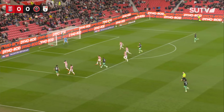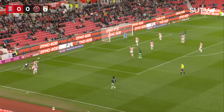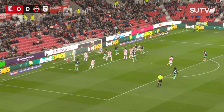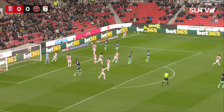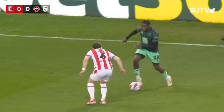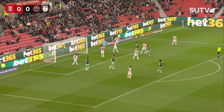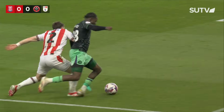Here is O'Hare as Sheffield United press forward to our left-hand side. Twisting and turning, pirouetting. Brewster will bend it high this time, right-footed. The downward header from Jack Robinson through the pack. A teasing ball will drop over the top, and it's there for Femi Siriki to give chase. He's got the beating of Gooch for pace. Now drives into the penalty area. He's been shoved down. Referee Jared Gillette had a view, thought for a second,